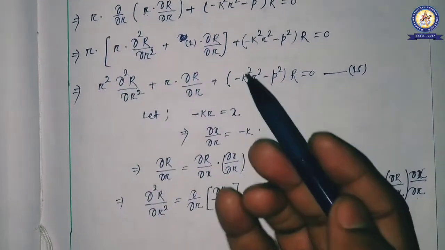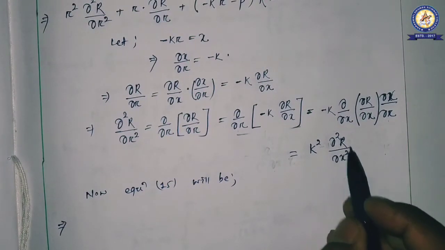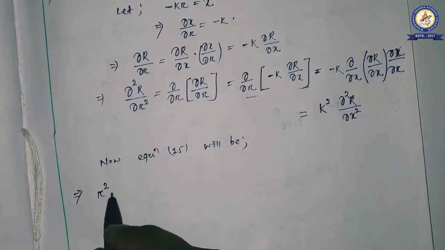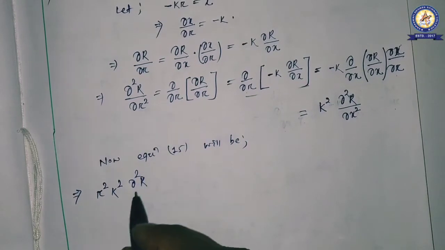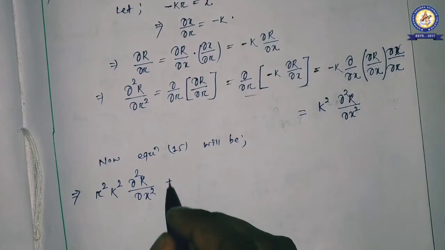So it is transformed to x format, that k square r square del square R by del x square. Okay, so it will be r square k square del square capital R by del small x square plus